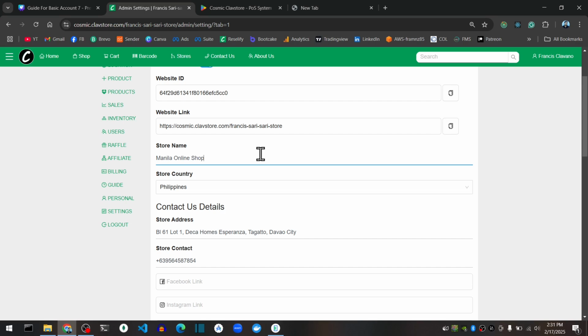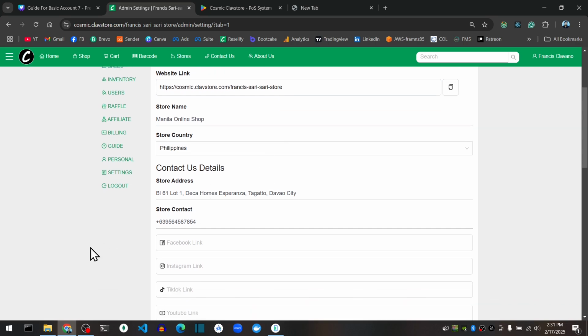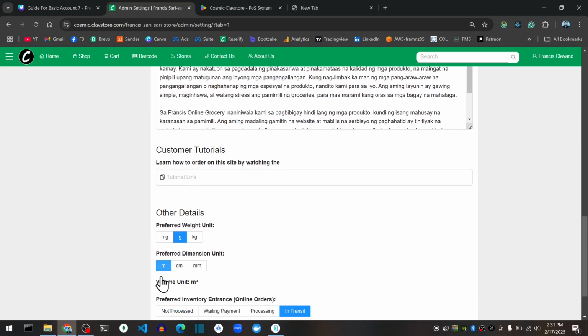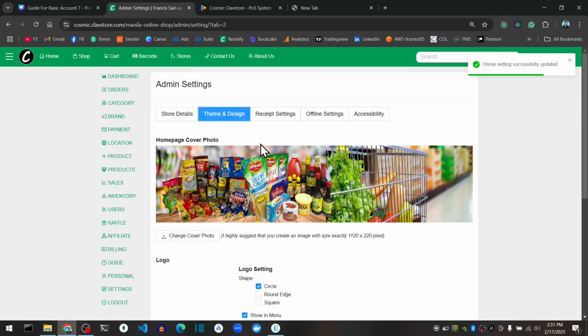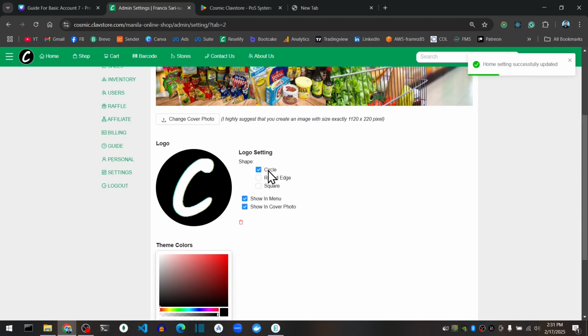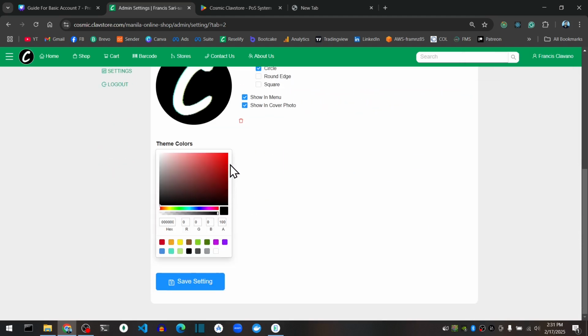Okay, to make it a different website. Then I want to change the theme color of this one so you will notice the difference. I want to make it red, or maybe violet or purple. Okay, so that's the color. I'm going to save that one.